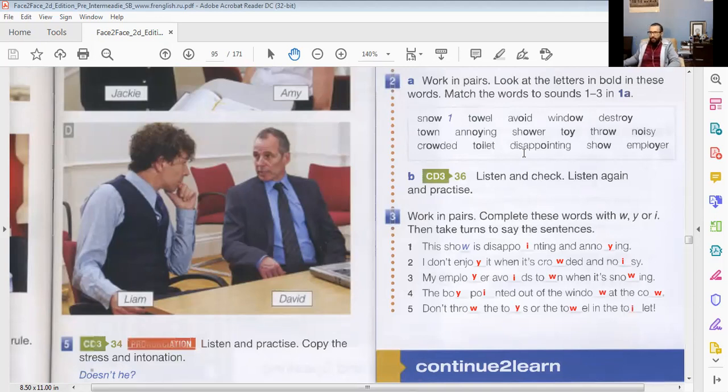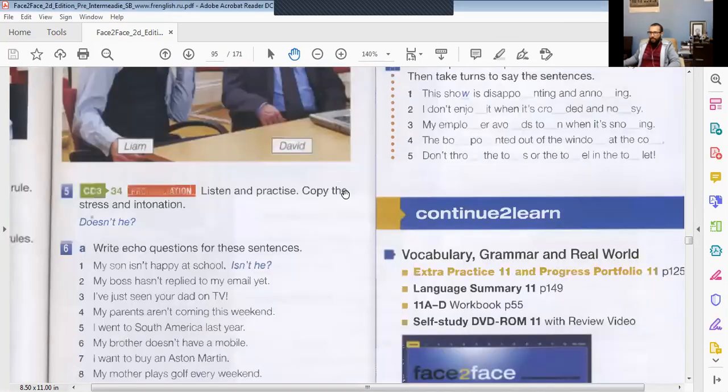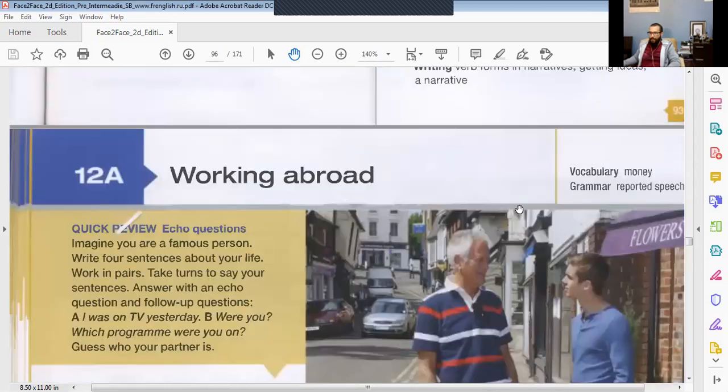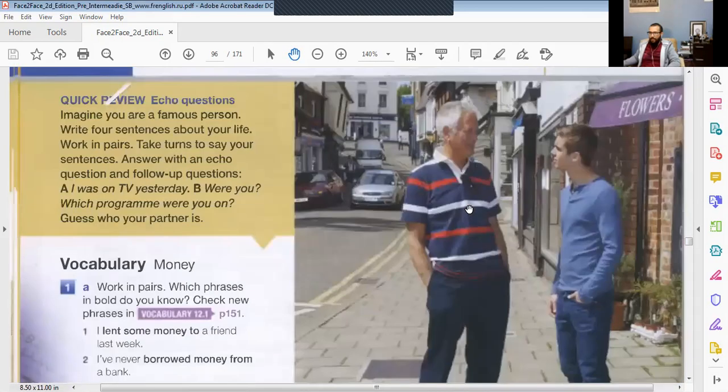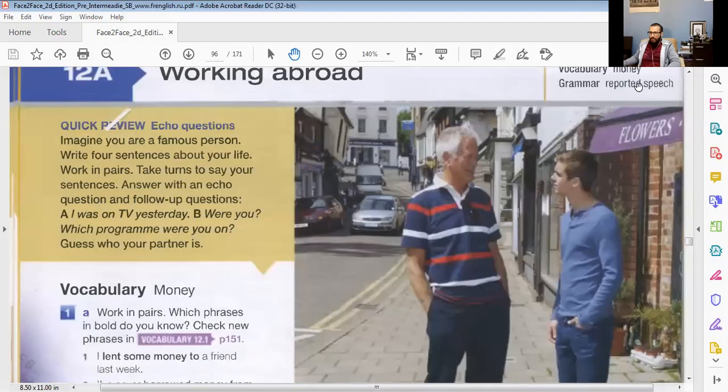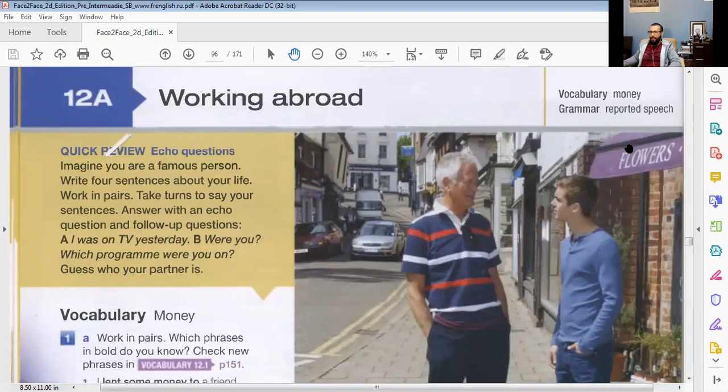Okay, so this was a little pronunciation exercise. All right, so let's move on and talk about something else. Okay, this is also interesting. I think this is also a new lesson that we haven't talked about before. Have you heard of reported speech? Reported speech, have you heard about it? Something in grammar. No? No, okay. So we're gonna learn what this is, reported speech.